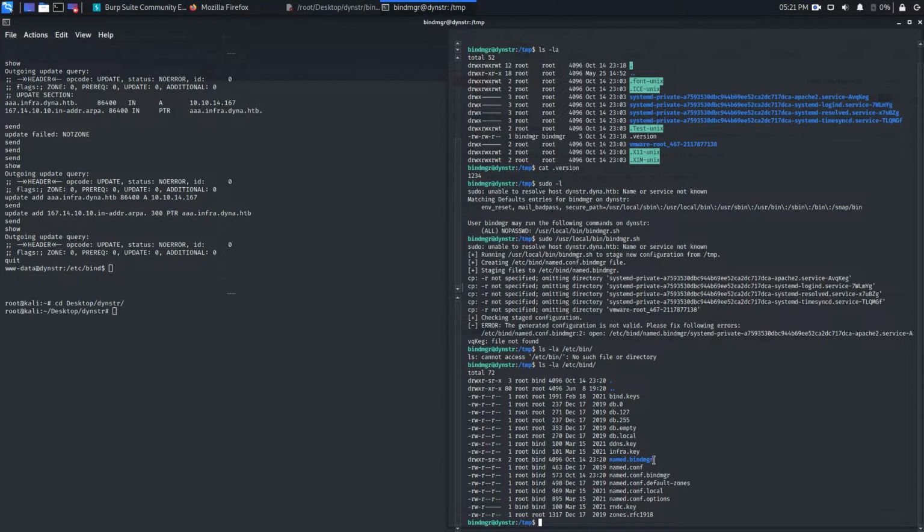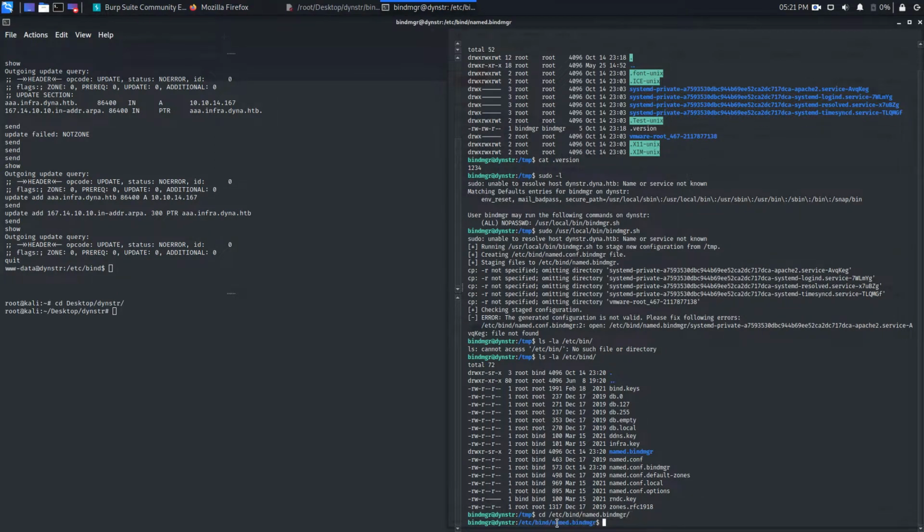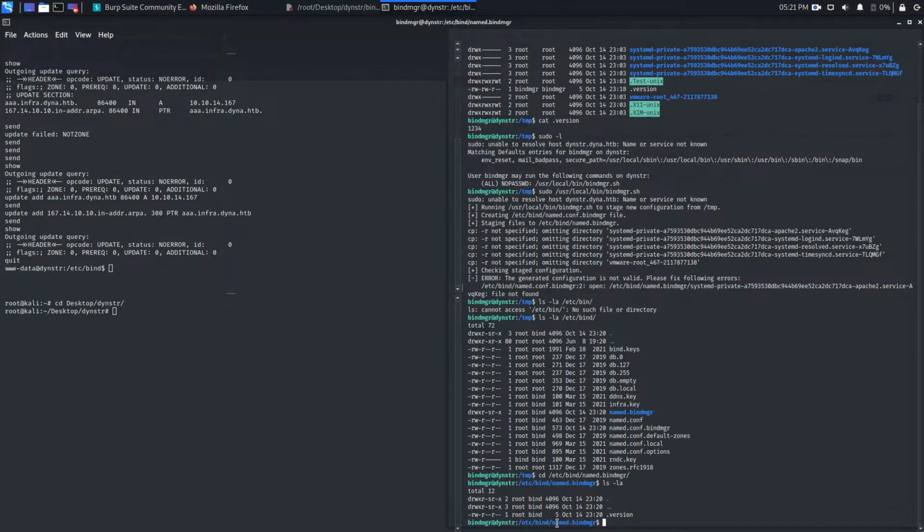As you can see, the named.bind.manager directory is there, and this SUID bit is set. So cd /etc/bind/named.bind.manager, ls -la, and as you can see, the .version file is created here, and that is owned by root. So if we see cat .version file,